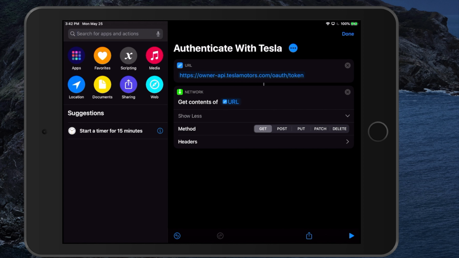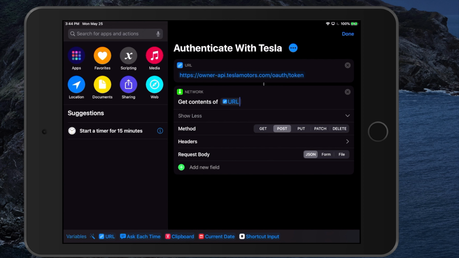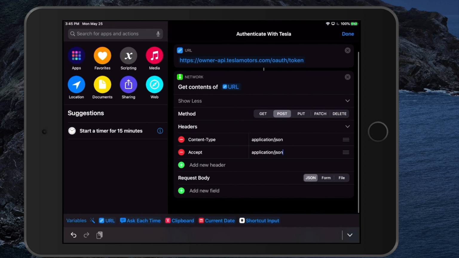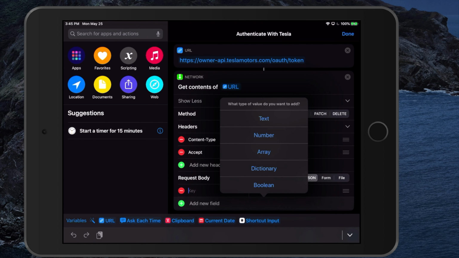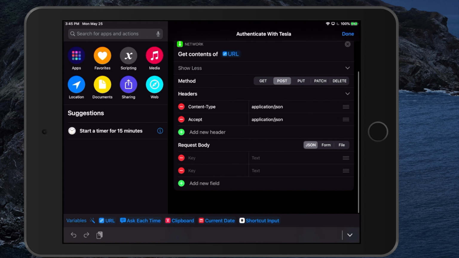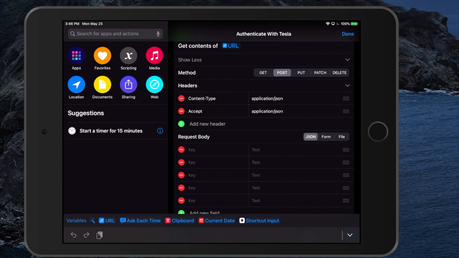Next, we will click on Show More. We will configure the network call here. We will set the method for this as post, and we'll start adding the details into the request body that we want to send to Tesla. If we remember, we're sending 5 pieces of data to Tesla. The key tells Tesla what the data is, and in the text, that's where we put the value of that data. First is the grant type,